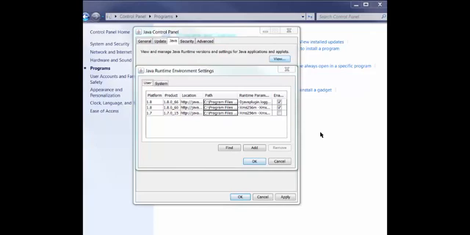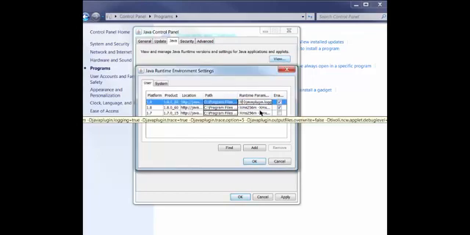My recommendation is to set the initial memory allocation pool to at least 256. So you can set this as XMS256M, and the maximum memory allocation pool to at least 512 meg. So XMX512M,